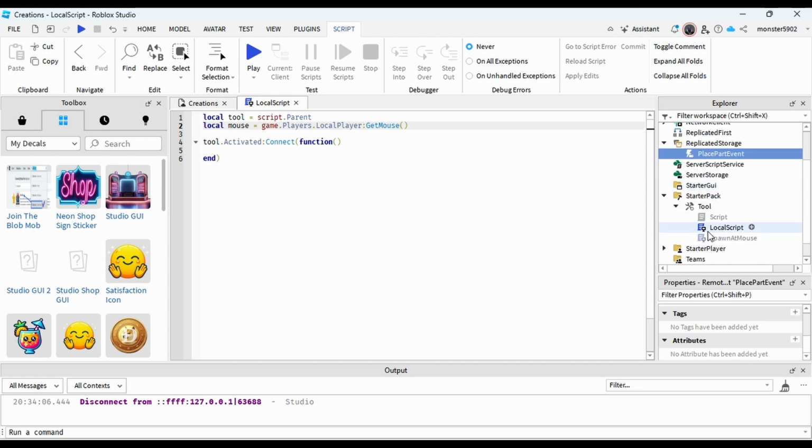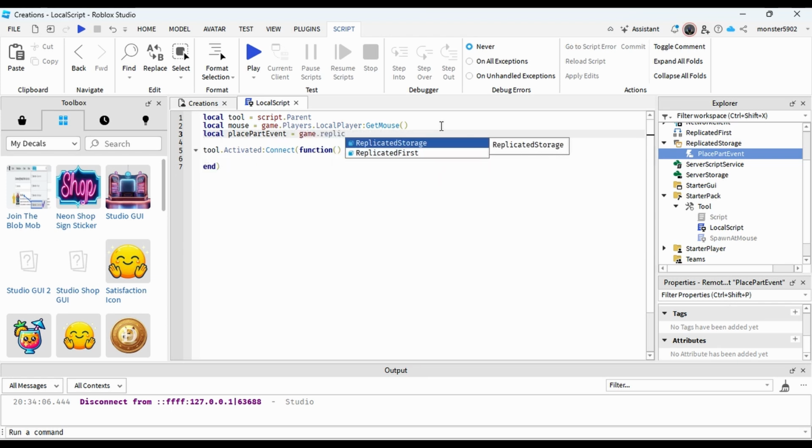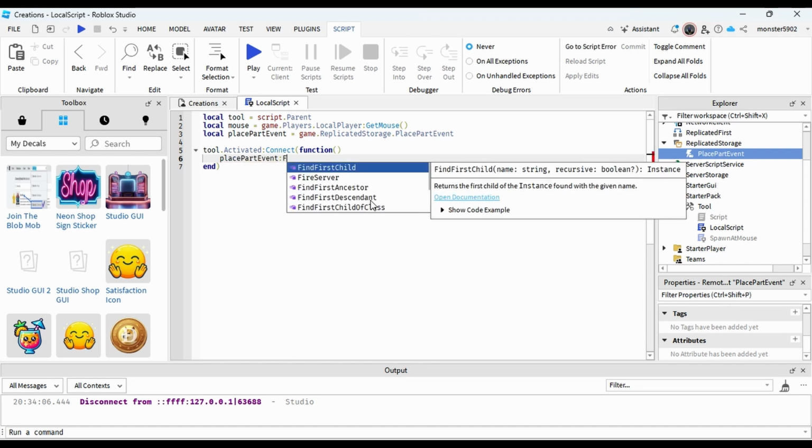Now what we're going to do is come back to our local script, and we're going to make a variable reference to that event. So we'll say local place part event equals game.replicated storage. I'll hit tab to accept that. Place part event. It came up there. So now I've got a reference to that event. All I need to do now is say, once I, the player who is responsible for my mouse, click, once I activate the tool, tell the server that I've clicked, that I've activated the tool. So we'll say place part event fire server